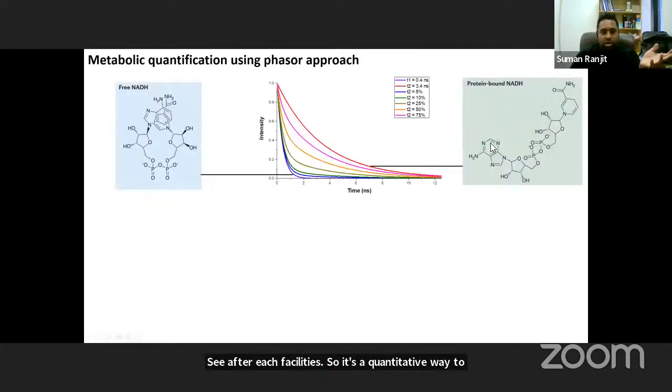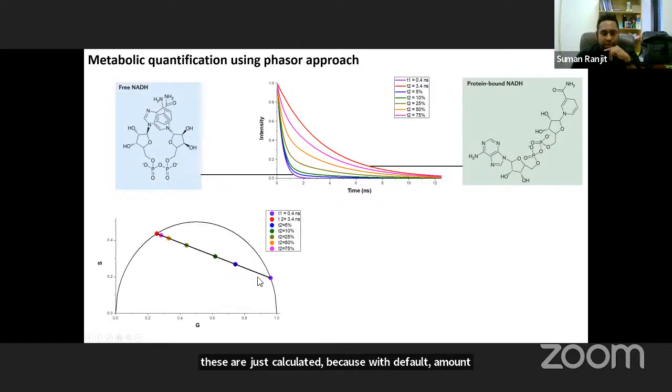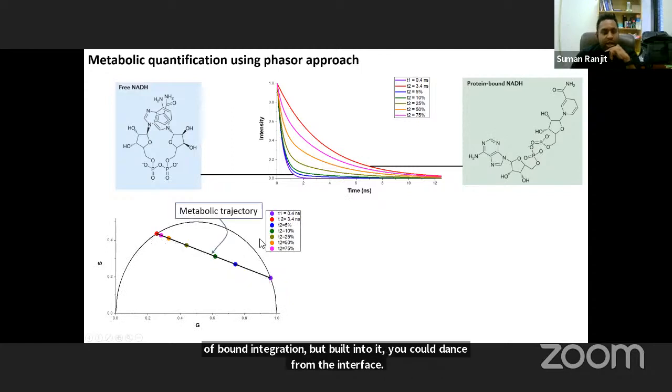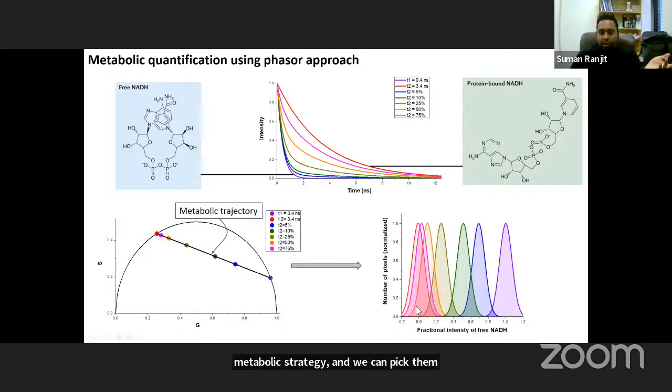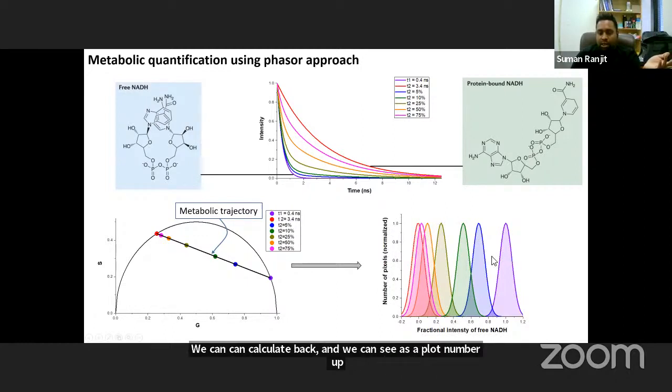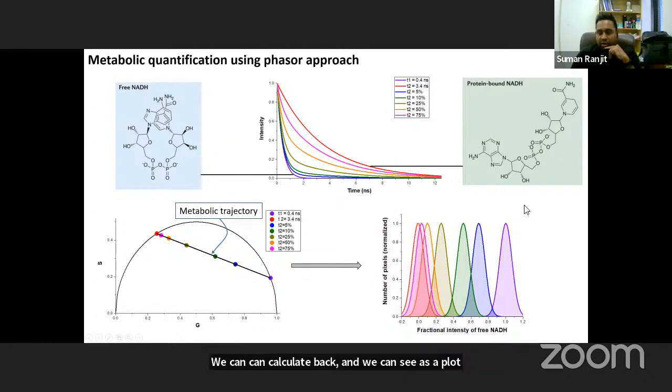So again, this is shown between free NADH and bound NADH. You have the shortest lifetime for free, longest for bound, and these are just calculated decays with different amounts of bound NADH built into them. If you transform them into the Phasor plot, you can see the transformations always appear along this line. That line, we call the metabolic trajectory. We can take the metabolic trajectory, calculate back, and see as a plot of number of pixels versus fractional intensity of free NADH what the shift in the metabolic changes is. The more shift in this direction, the more glycolytic. And that allows us to go back and take a look at biological systems under drug or other manipulations,